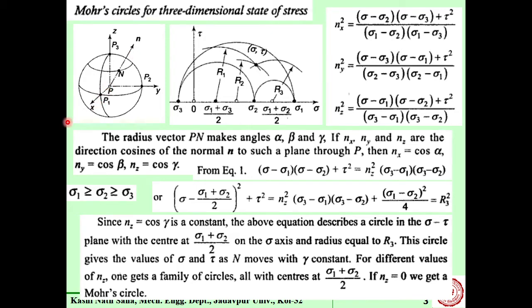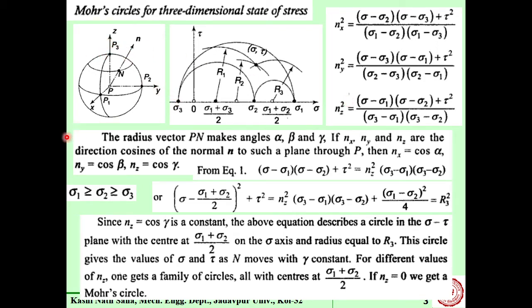That angle is fixed. And if we move the outer normal, what will it generate? It will generate a cone. This is the axis of the cone, and this is the apex point. Keeping a certain angle, this line is moving. Is it clear? So it is generating a family of circles for different values of nx. This is clear. For nz, nz means this particular angle.